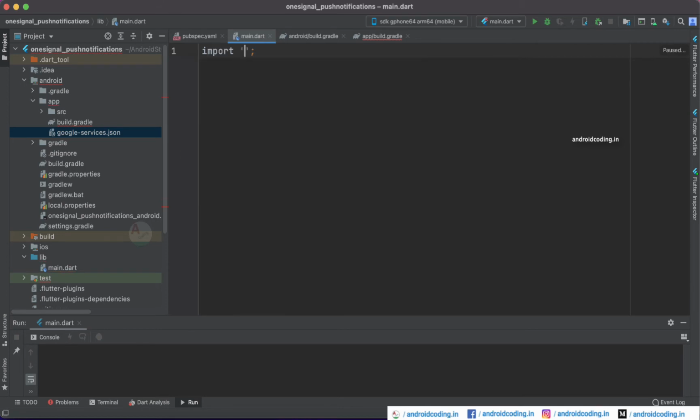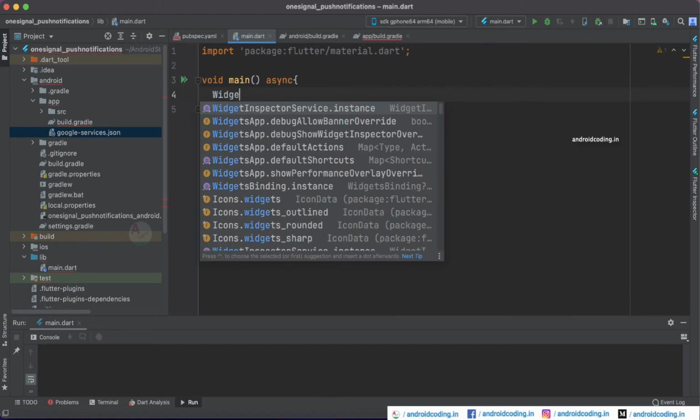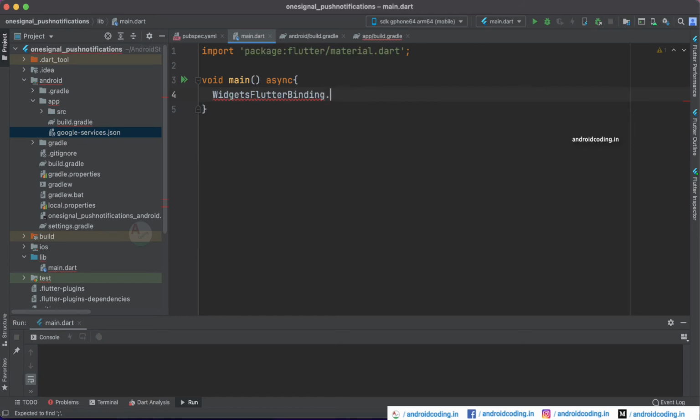So the first thing is to import the material.dart file here, and inside the void main, I'm making the void main asynchronous so as to wait for Firebase to be initialized. So the first thing is WidgetsFlutterBinding.ensureInitialized here so that our bindings get initialized with our Flutter widgets.